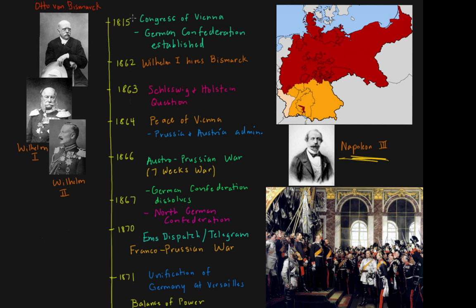And 1815 is the year that the Congress of Vienna takes place. The Congress of Vienna, which is a conference of Central Europe's top diplomats after the defeat of Napoleon, or close to the end of Napoleon, when they come together and say, well, look, we've had this series of wars with Napoleon for the past 15, 20 years. We don't want any more wars for a very, very long time. And how can we do that?